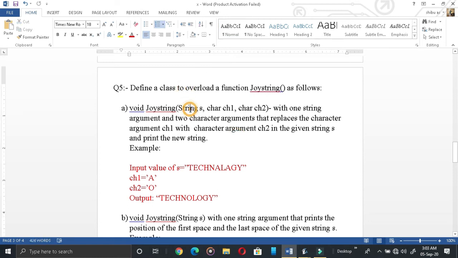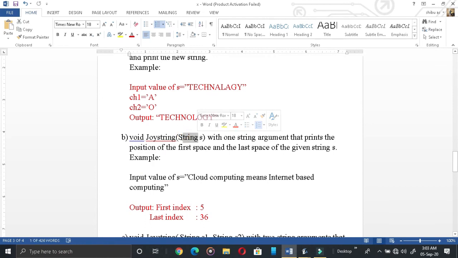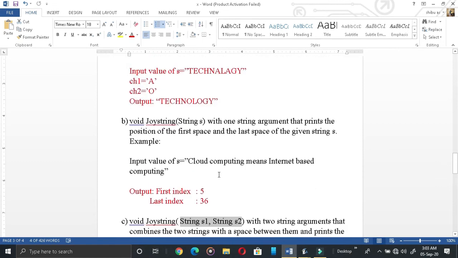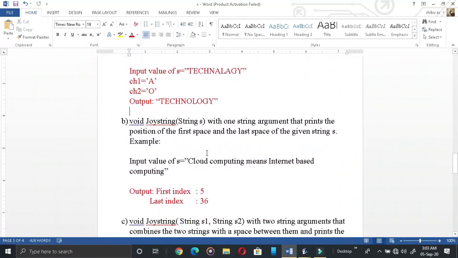The overloaded function will have the same name, joy string, in all places, but the argument part will differ: a string s, two strings, one string and a character argument, two character arguments. In this program, technology is given, and in this A has to be replaced with O, that's all. That is the first one.